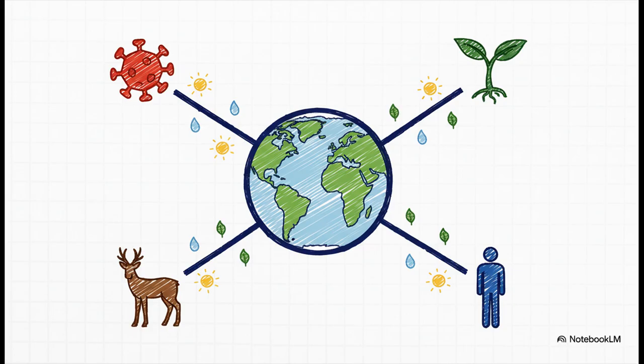And that balance is critical because of this simple, unavoidable fact. Our dependence on the environment is absolute. That word, obligatorily, is so powerful. It means it's not a choice. Every single living thing, from the tiniest virus to the most complex human society, requires the environment to survive. We need it for our food, our water, our air. There is no plan B.